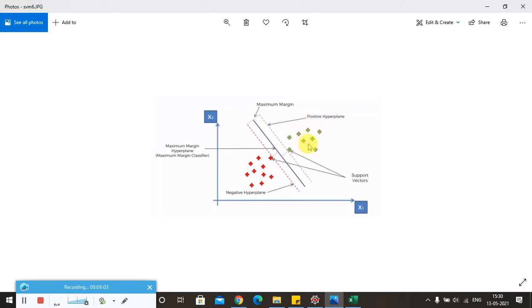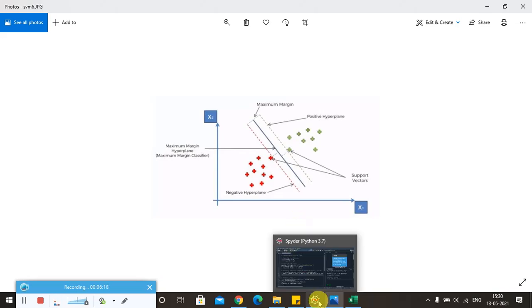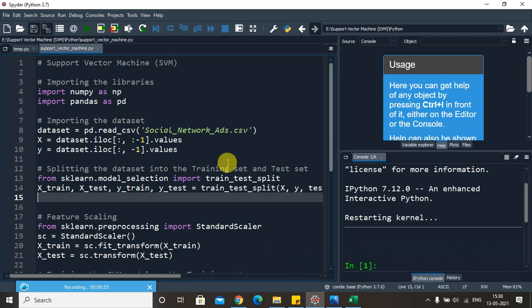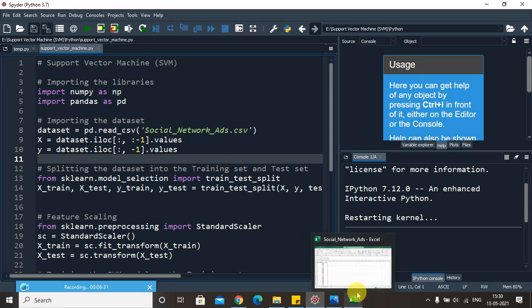Okay, that's the reason we had drawn this diagram. Now, without wasting much time, we'll directly see how to implement support vector machine and apply this for a given case study. We have taken the same case study as usual. We have taken it for logistic regression and also for k nearest neighbor and decision trees. The same case study has been taken, and the data set we are going to use for the study